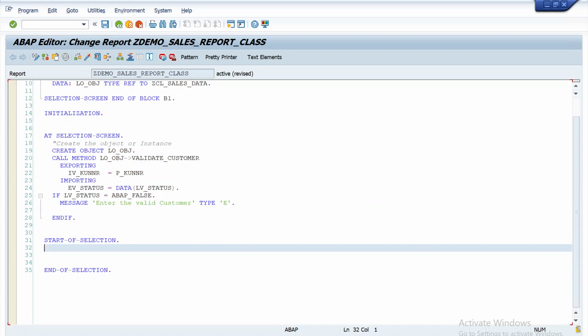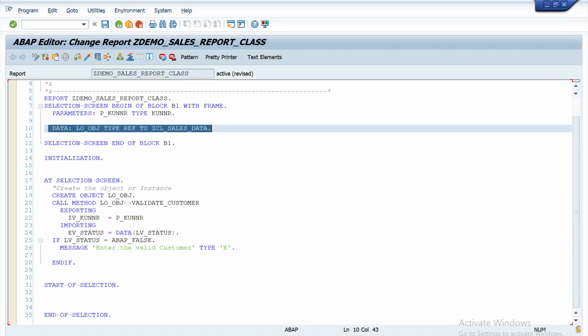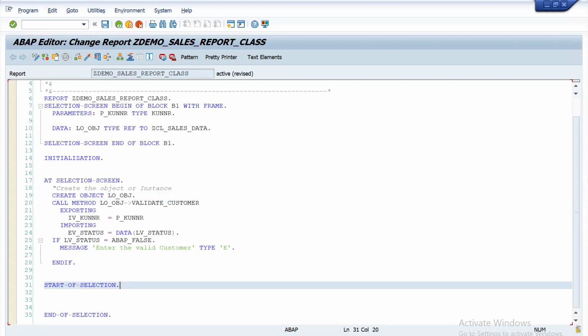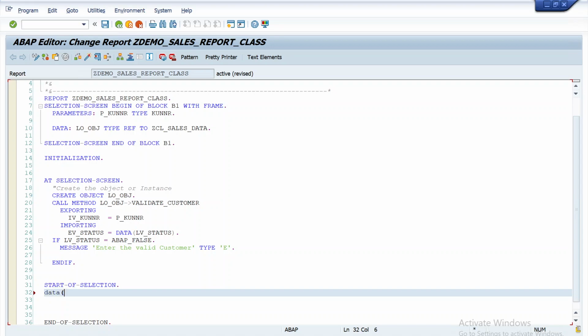Now we'll see how to create the object using new ABAP syntax. This is old ABAP syntax, defining the object and using the create object statement. But we have new ABAP syntax where we can do it in a single statement. For that, what do we need to use? At the rate of LO obj1, because we cannot use the same object name again since I have already used it here, equal to